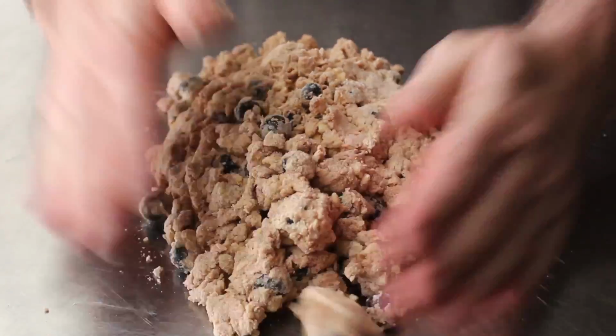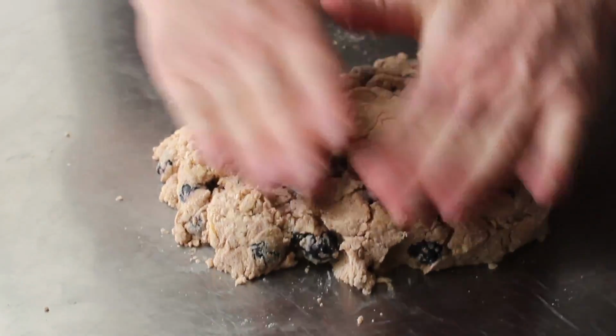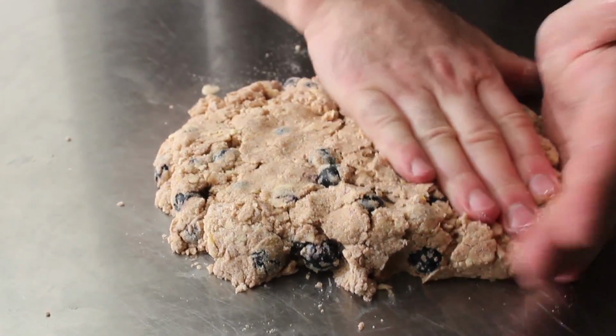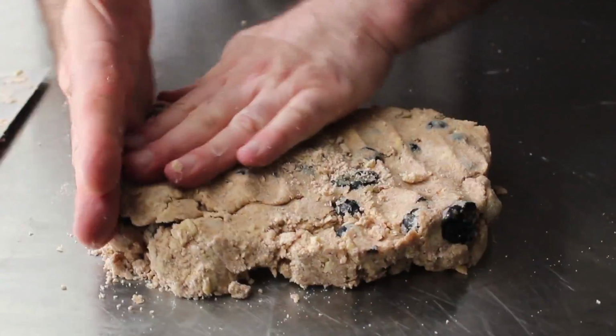And fair warning, because we did not mix this all the way in the bowl, you're going to have some spots that are wet and sticky, and other spots are going to be dry and crumbly, but that's totally normal. Just relax. Just keep pushing, patting, and pressing until you have something that looks like this, at which point we're